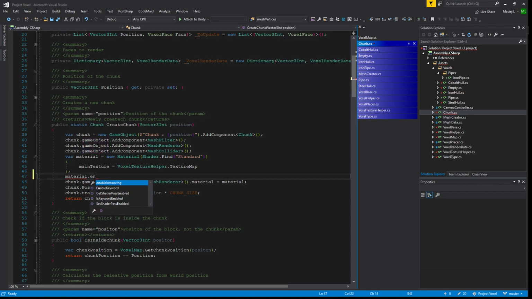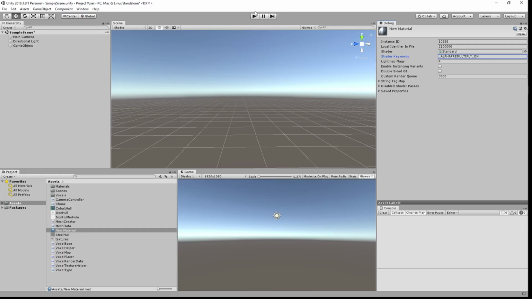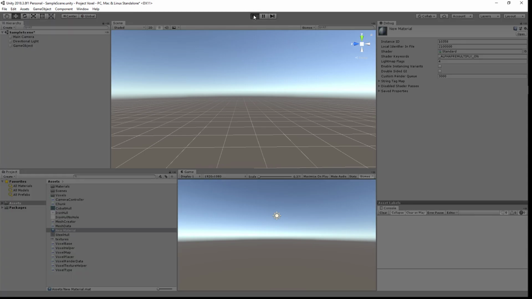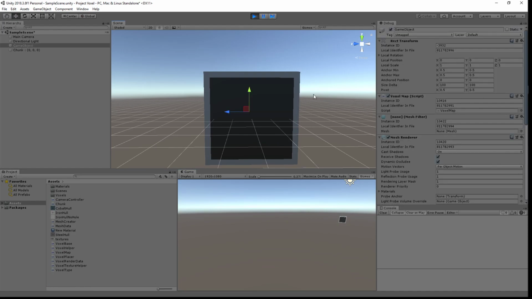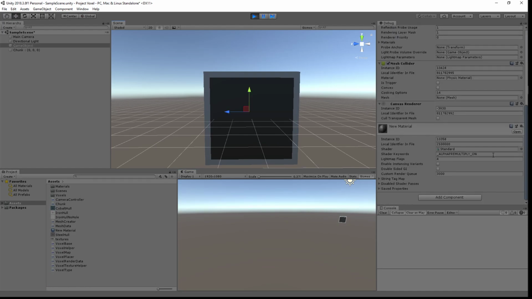The enable keyword. I think. Let's see. No, we'll test it. I never done this, so you can see. And this texture is now